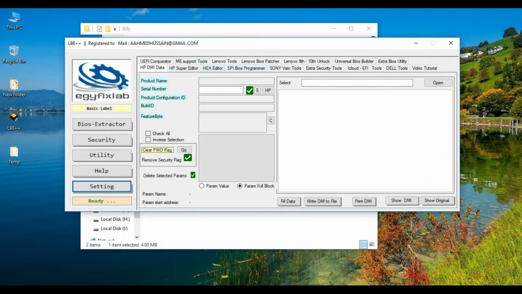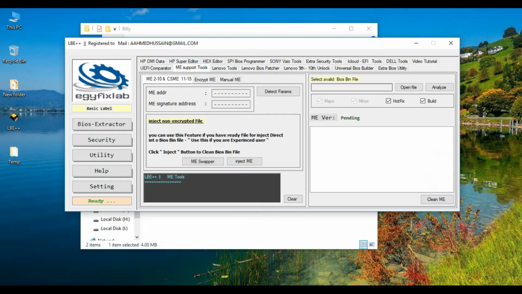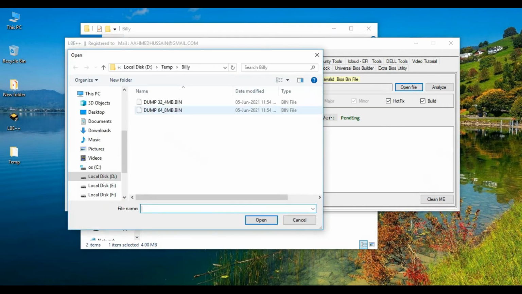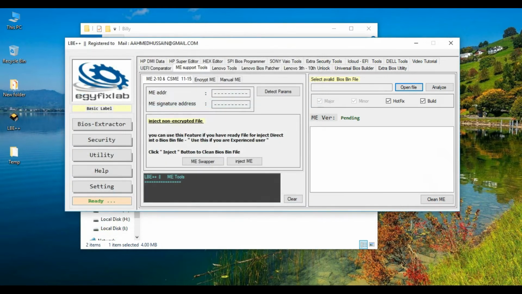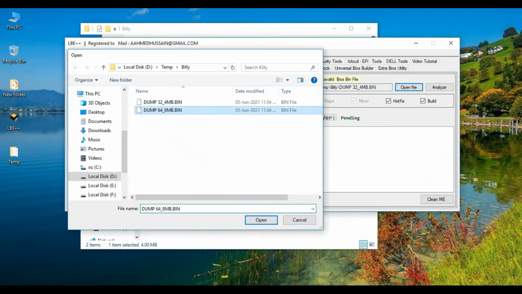First, file LBE, go to ME support tools and then select file. First we check the 4 MB. Here the ME version is nothing, nothing is shown. That means this file does not contain any ME region. Next, open the 8 MB file.